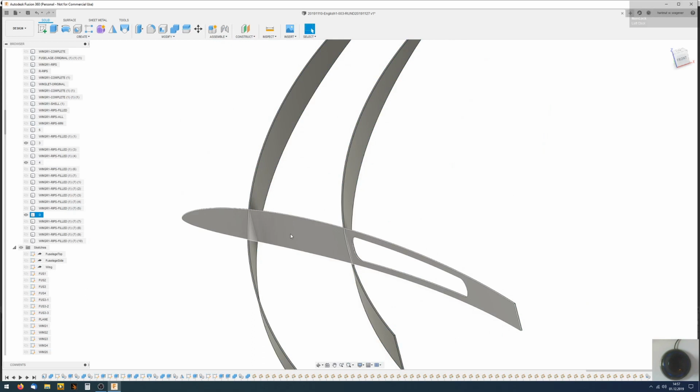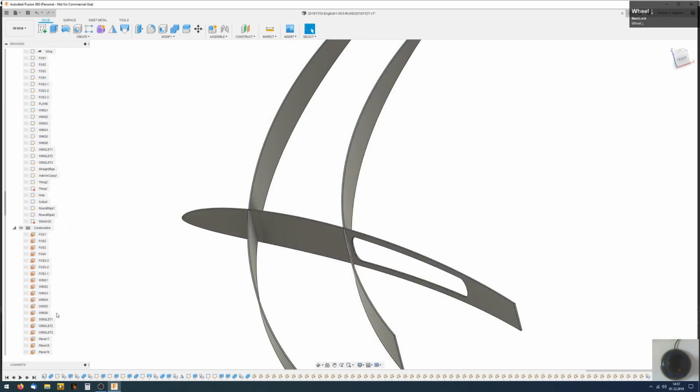So I want to draw here. Choose the correct plane. That's not so easy. I think I'll make all planes visible again.